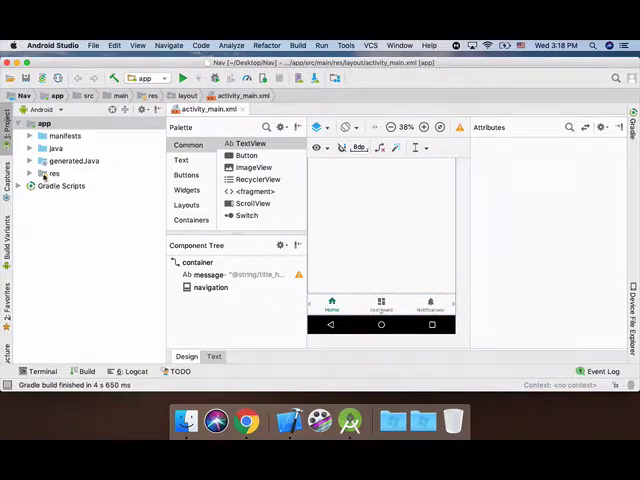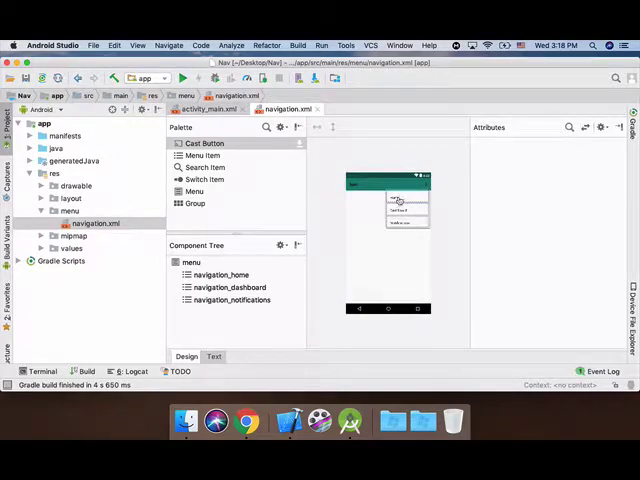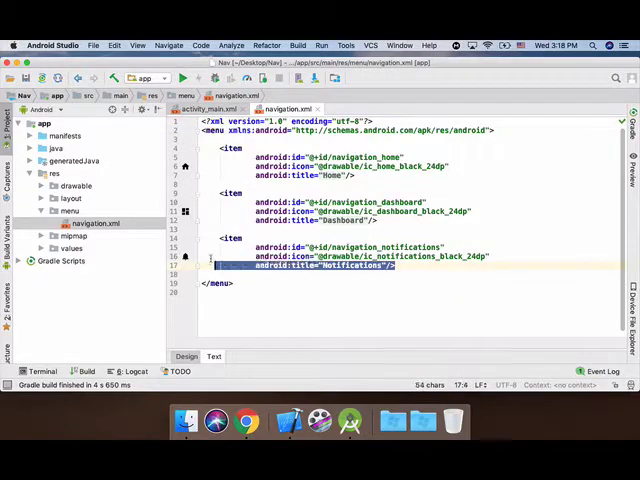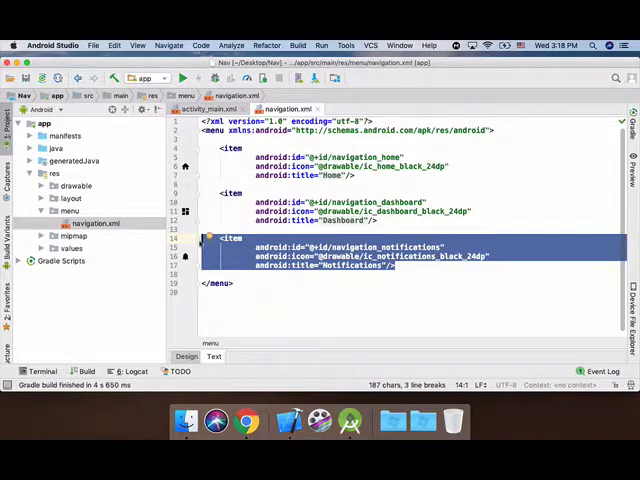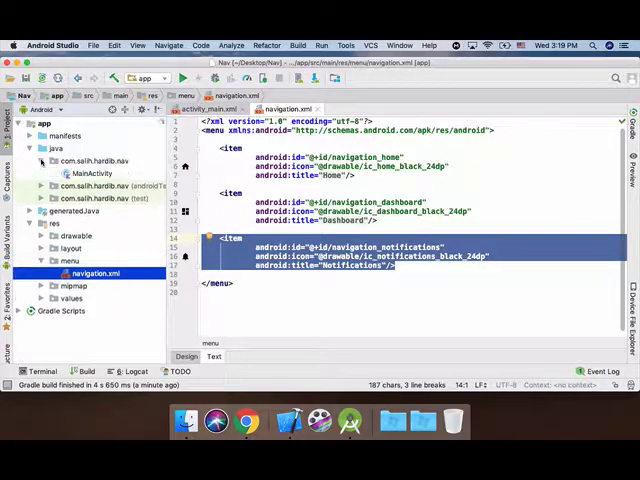So if you are looking at the resource and you come to the menu, you will be able to see the navigations, and we have 3 navigations. If we go to the text, we can see these 3 navigations, right? So the first one is home, the second one is dashboard and notification. We can change anything here. We can even delete something here, but whenever you delete something, make sure you delete it in your Java application file as well. So in our case, if we go to the Java and go to the